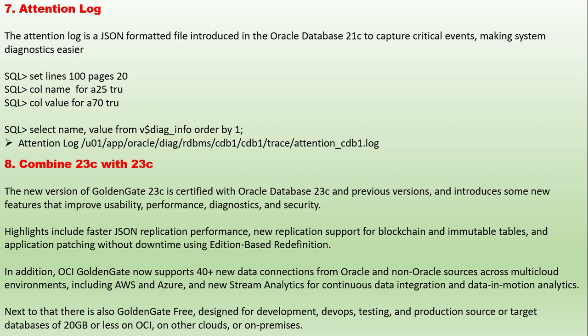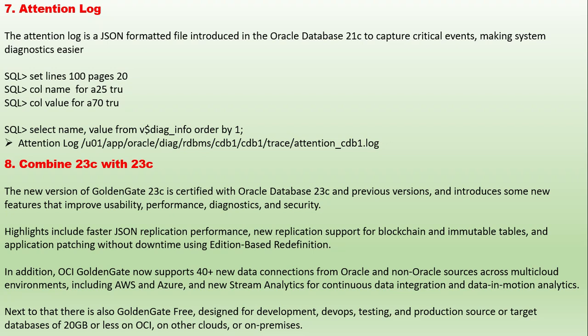Number 8, GoldenGate 23c. The new version of GoldenGate 23c is certified with Oracle Database 23c and the previous version, and introduces some new features that improve usability, performance, diagnostics, and security. Highlights include faster JSON replication performance, new replication support for blockchain and immutable tables, and application patching without downtime